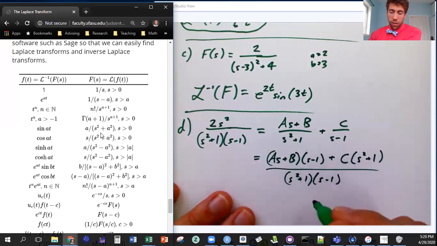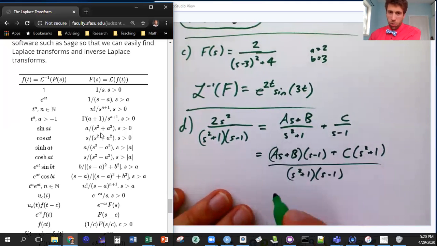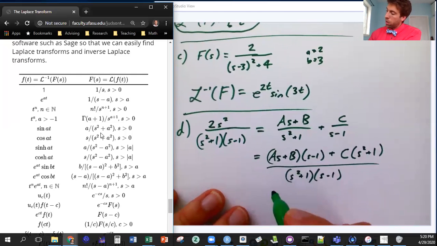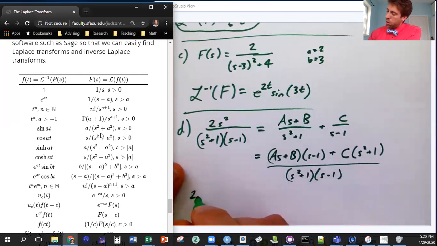Finding the common denominator, you multiply by each term to get the common denominator. Okay? And so then I don't need to worry about the denominator anymore. I just know that 2s squared equals,